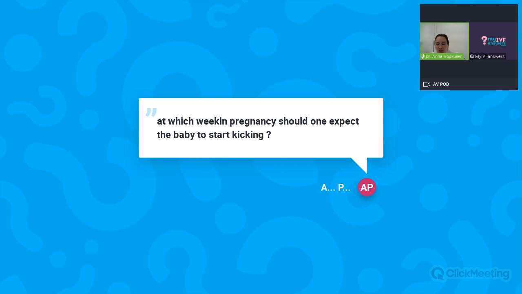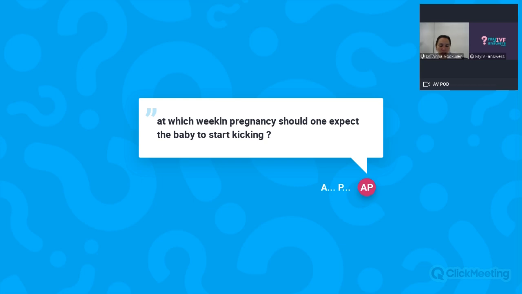So if it's your first baby, normally it's later, like at 24 weeks, okay? And could be even later. Don't worry about that. In some cases, some patients tell us that they feel it before, at 17, 18 weeks. It also depends on the weight of the person and on where the placenta is, because if the placenta is anterior, the baby needs to do a very big movement so that you can feel it, because the placenta is in between you and the baby, okay?